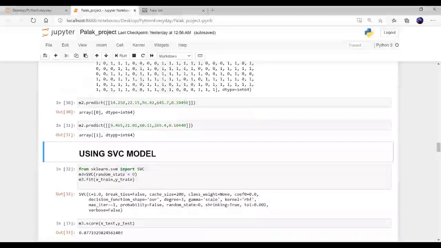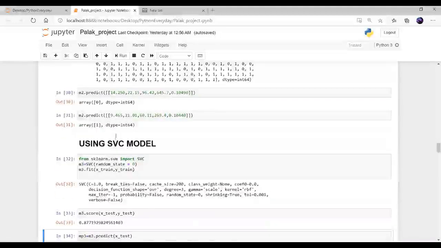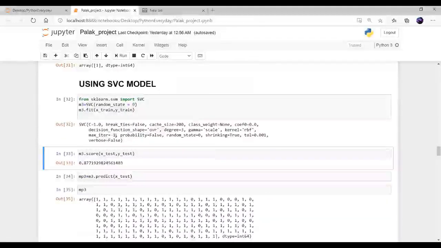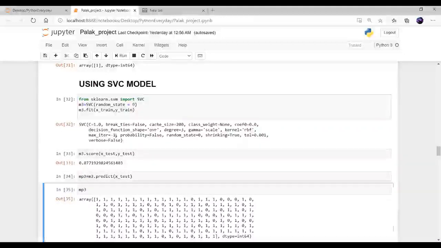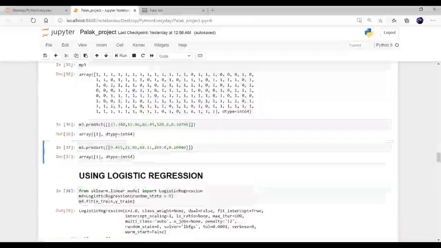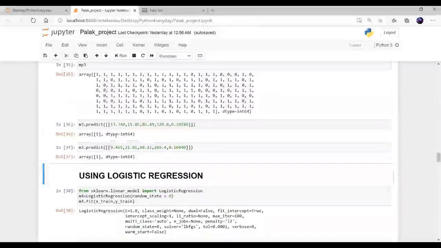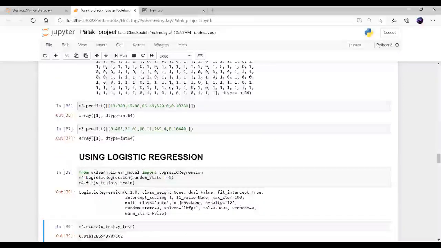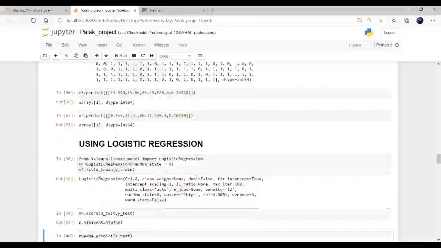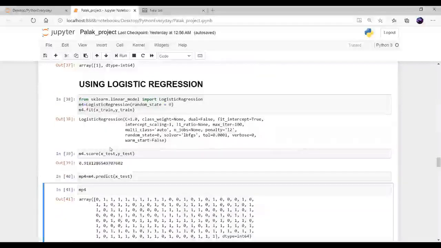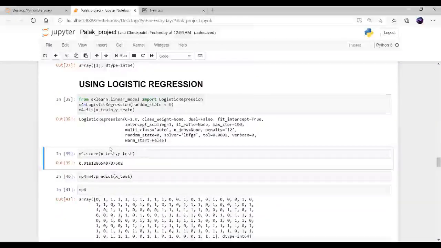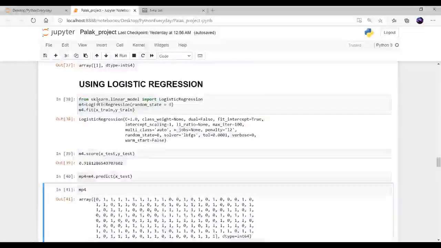Using the SVC model, again I fitted the model using SVM, and then I predict its score, it's 0.87719, and predict the value again on certain parameters. I have also used logistic regression, and using this I found the accuracy, that is 0.9181, and I've predicted the X test values.